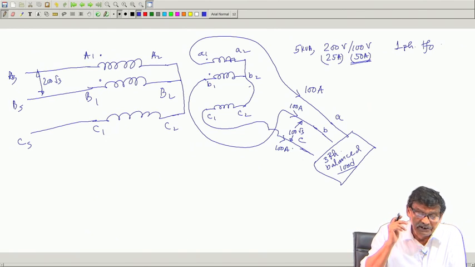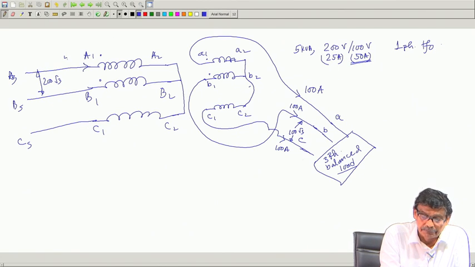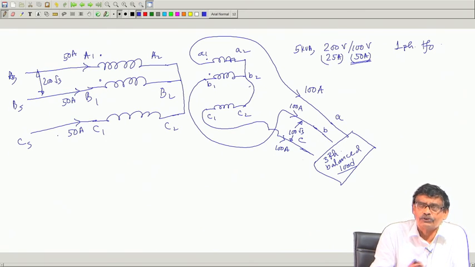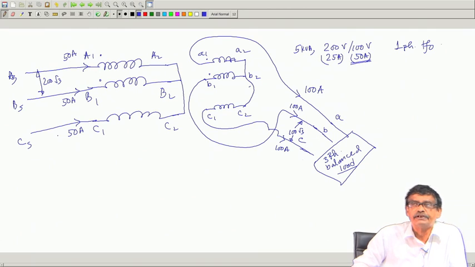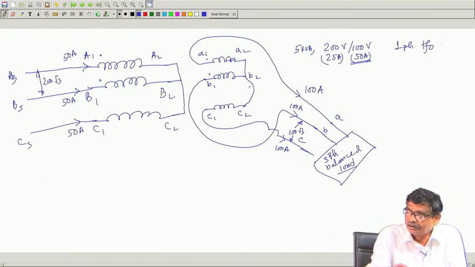And be rest assured, the moment 50 ampere goes in through the dot for this transformer, this fellow will draw 25 ampere. Similarly, this fellow will also draw 25 ampere. This is also 25 ampere. Will these currents be in phase? No, not at all. They will be in time phase difference depending upon the power factor of the load etcetera, but the magnitude of the currents will be the same.